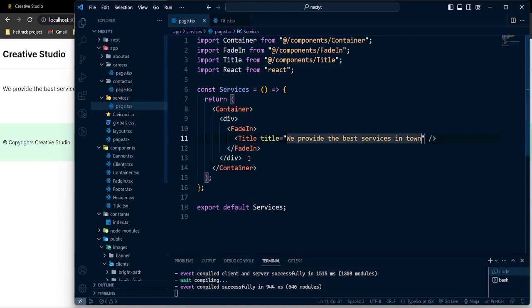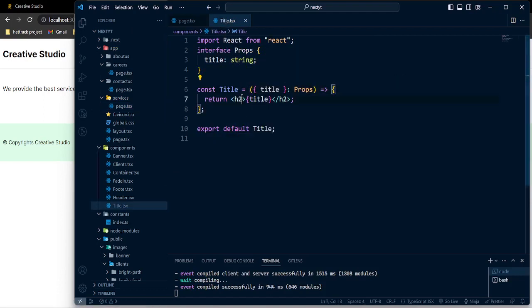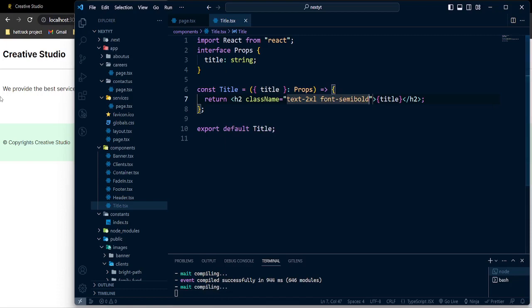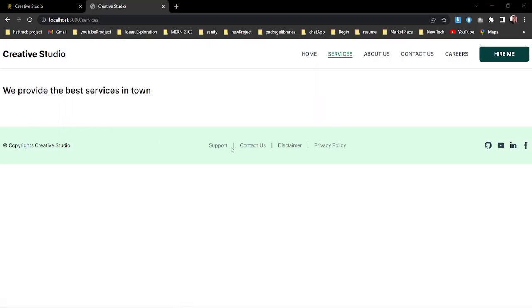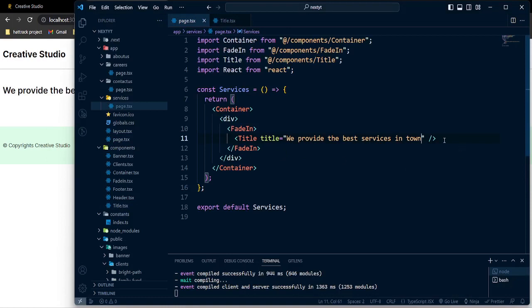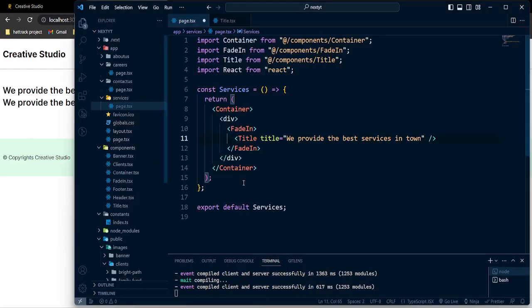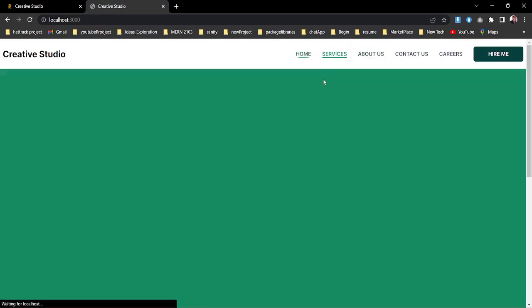And now what's going to be the benefit if we do it this way with CSS? We can just declare the CSS from here, and we can combine everything and use it everywhere. So if we get that text of 2XL, and the font will be semi bold, now as you see, we have those things over here. Now instead of typing the CSS two times, if I just copy that, we're going to have the same functionality everywhere else. Okay, so now let's save it, let's go to our home, let's come back in